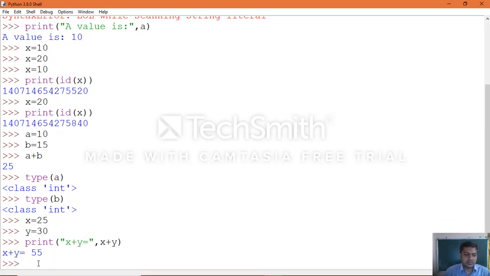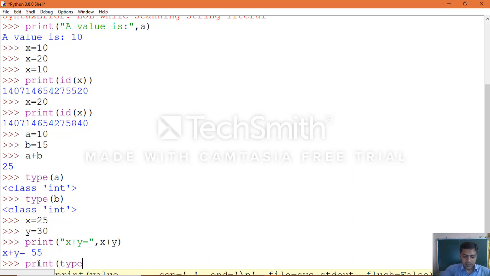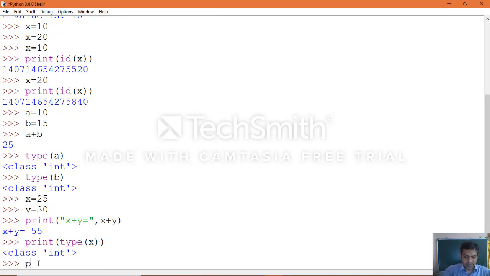Previously we saw how to check using the display method; now again you can check by using the print method. Now we can apply type of x, which will give you integer. In the same manner you can check the y variable also by using the type function.